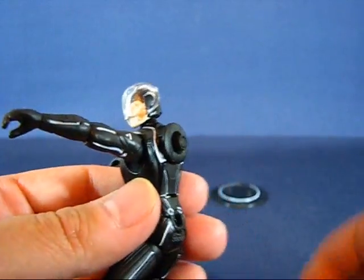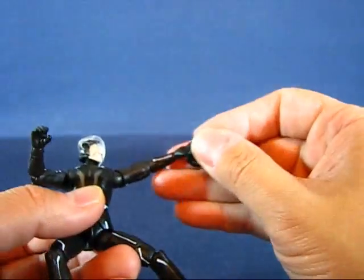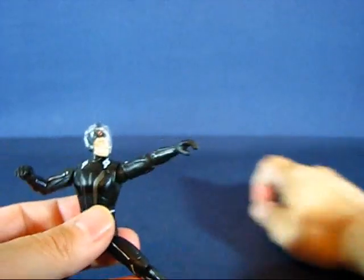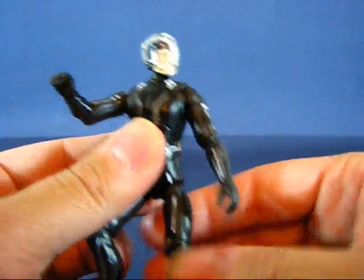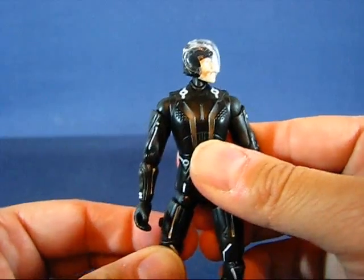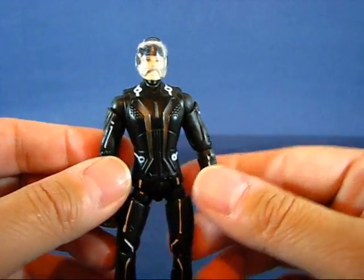So you really can't mount the disc onto there, which is unfortunate. So it's either going to be just flying around de-resing people, or in his hand there. Taking a look at the Sam Flynn figure, and I have to say that this is actually a pretty nice figure. At first I really preferred the 7-inch deluxe Sam Flynn figure, mainly for the impulse projection, but after playing